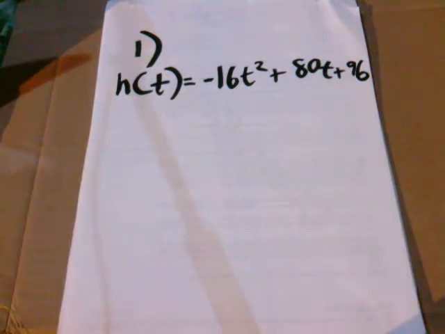Picture yourself with the rocket on the top of a building. One variable is time, measured in seconds, and the dependent variable is the height of the rocket. So number one is asking us how tall the building is. And this one is actually really easy